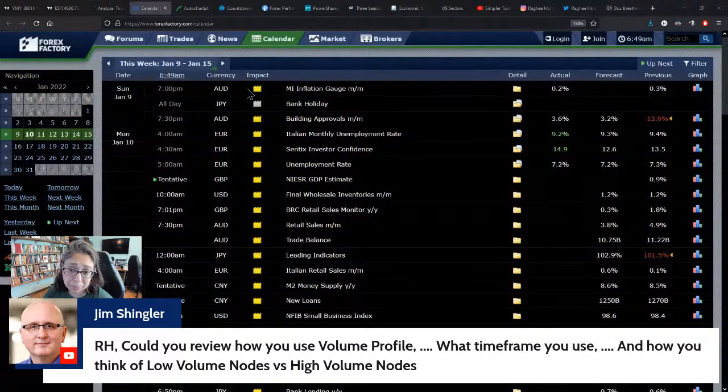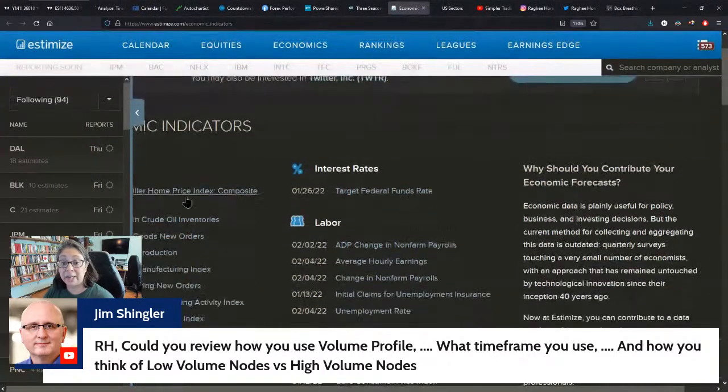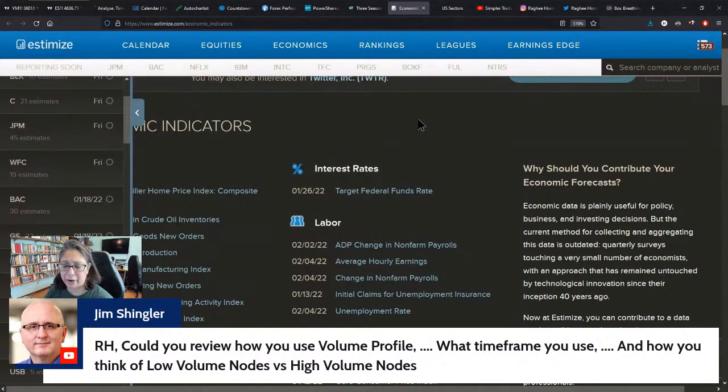And also looking at not just the calendar right now of the economic releases, but also the calendar of the earnings. We're right back into earnings season, gang. So make sure you've got, wherever you track earnings, I like to use Estimize. That's my preferred calendar. But thanks for the question about those events. Appreciate that.